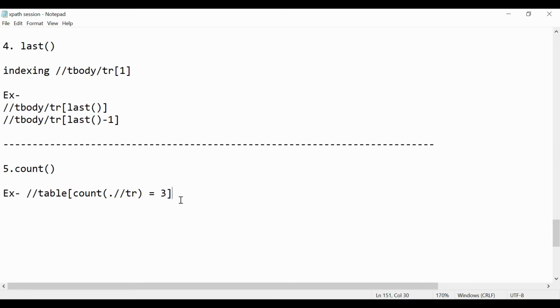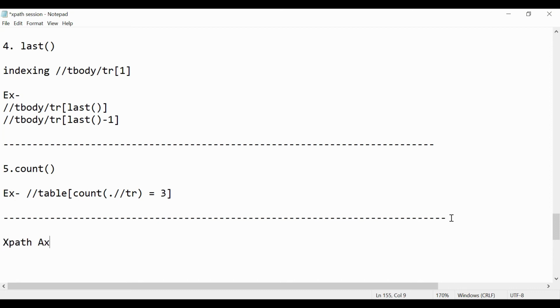So let's go and see the next concept in XPath: XPath axes.